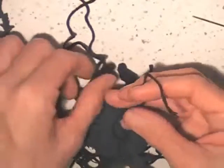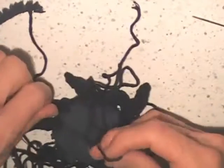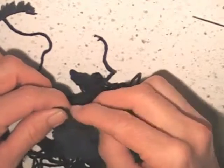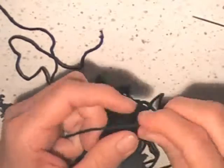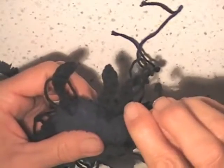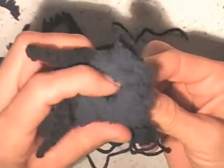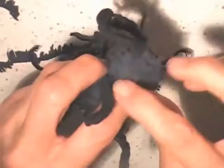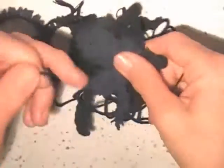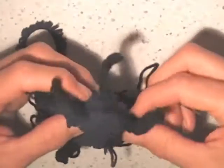Just take the yarn from the needle, make one knot, and the second one so that it doesn't open. Take the needle again and just go with the needle here and come out on the other side from our end. We haven't closed it right now, so just take the yarn, and now you can cut it just like that, because we have made a knot and we wouldn't see it. Take the second yarn,